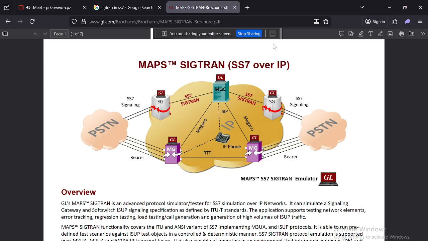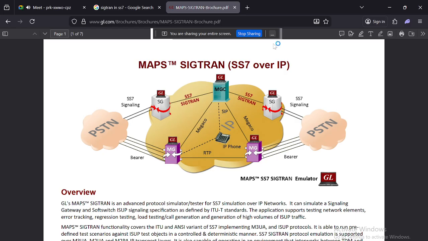So why does SIGTRAN exist? It's dedicated for physical circuits like TDM, E1, T1 links, point-to-point links between the switches, and expensive to maintain. So this is very expensive to maintain and hard to scale for global telecom and difficult to integrate with IP networks and VoIP also. So that's why they brought a PSTN in between.